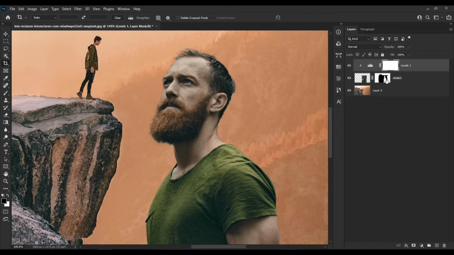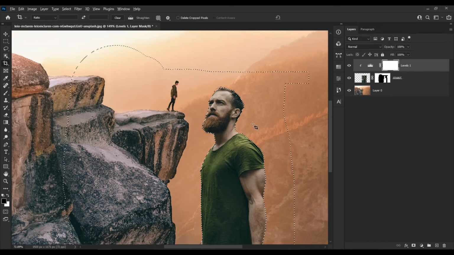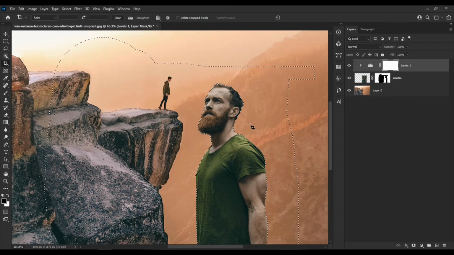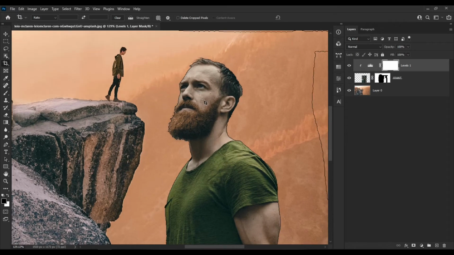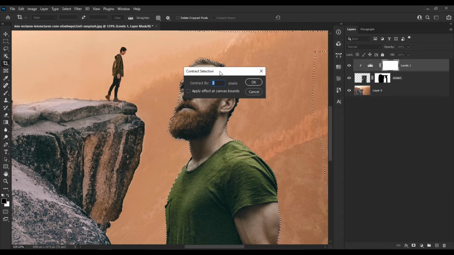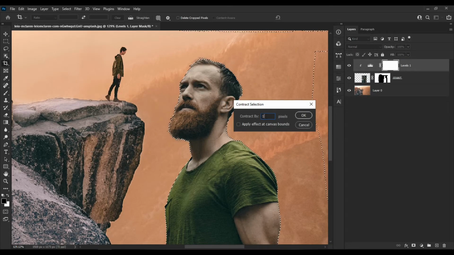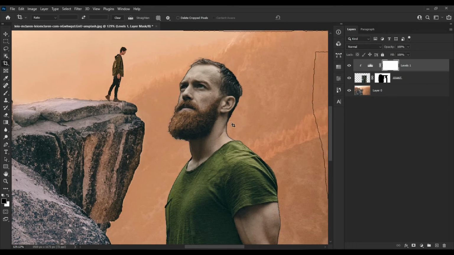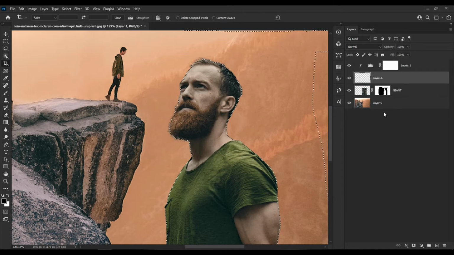And I'm gonna fix it by first Ctrl+click to load my selection. Second, I'll go to select, modify, contract, and I'll choose contract by 1 pixel. I'll hit OK. I'll select my giant layer and I'll hit Ctrl+J